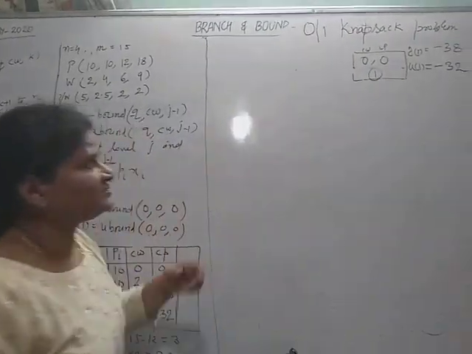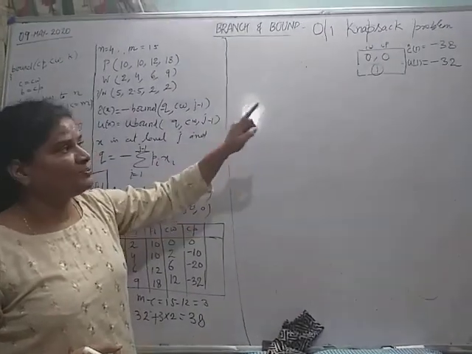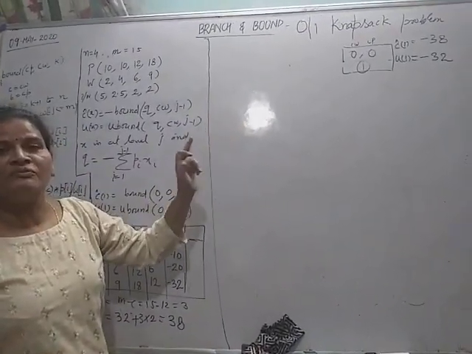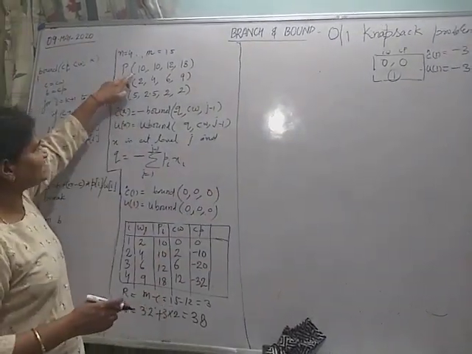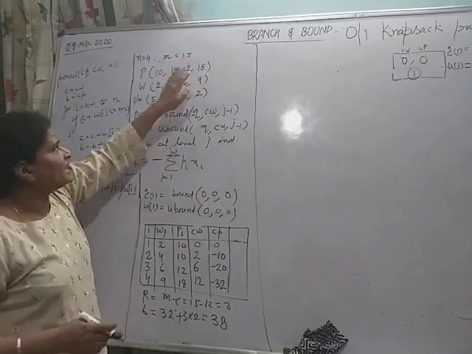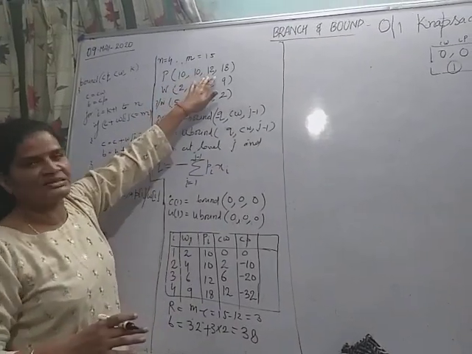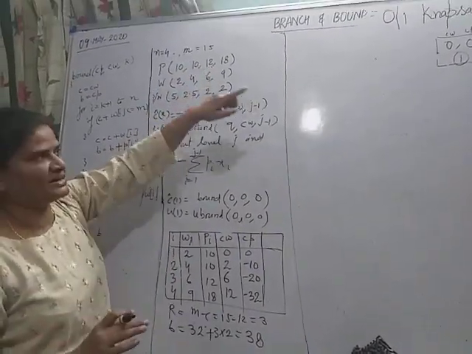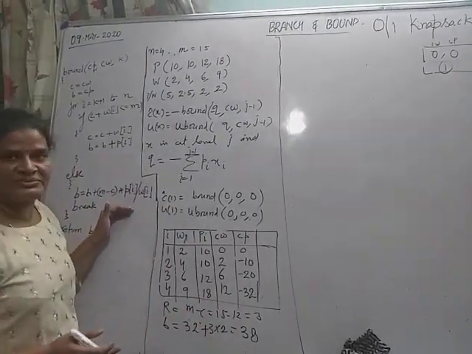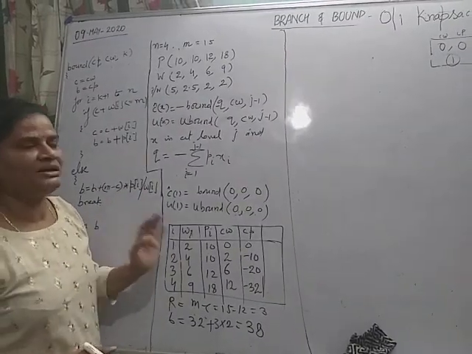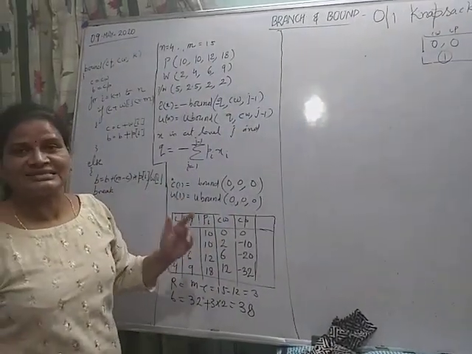Again you can check that this is the live node X, which is at level 1. So the bound function will be called from 1, for the value of K is 0. It will scan the objects from 1 to N. As the objects can be accommodated into the knapsack, they will be placed. As soon as the first object that does not fit is encountered, it will return the profit in the case of upper bound. In the case of lower bound, it takes the fraction of the object that does not fit into the knapsack. This is the profit returned when fractions are allowed.